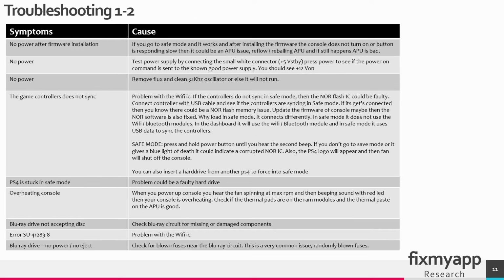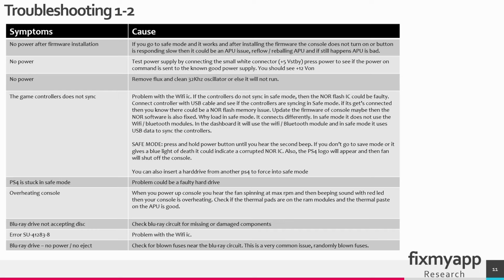In this list I will list some generic problems. The first one, no power after firmware installation, so after a firmware update. So if you go to safe mode and it works, and after installing the firmware to the console, it doesn't turn on anymore, or the button is responding slow. So when you press the power button, the console takes a few seconds before booting up. This could indicate an APU issue. So you have to reflow or reball it, and if that doesn't resolve the issue,